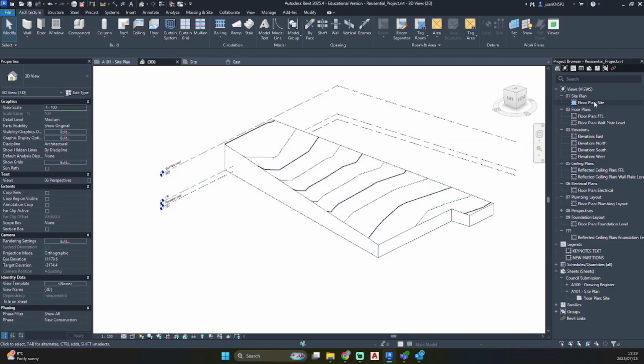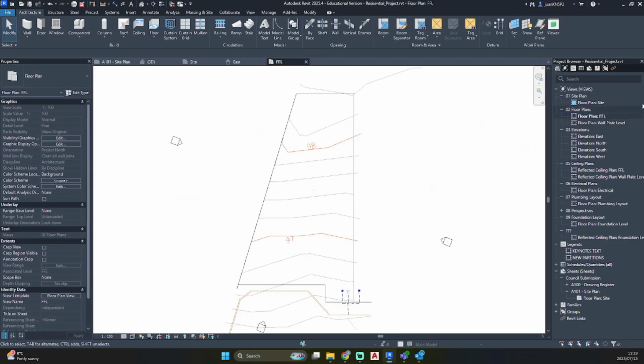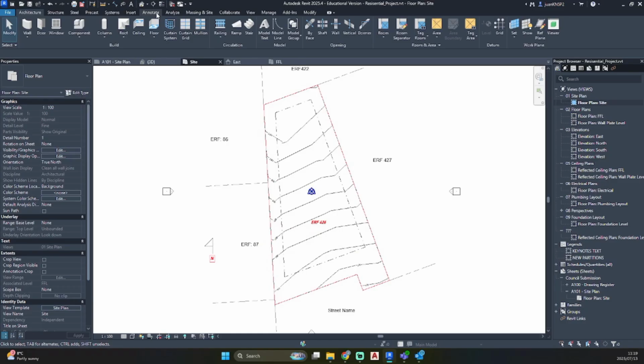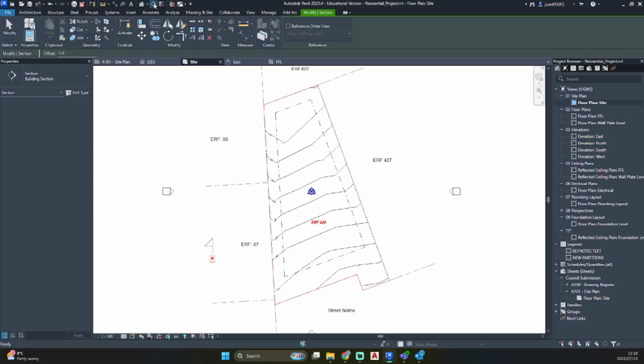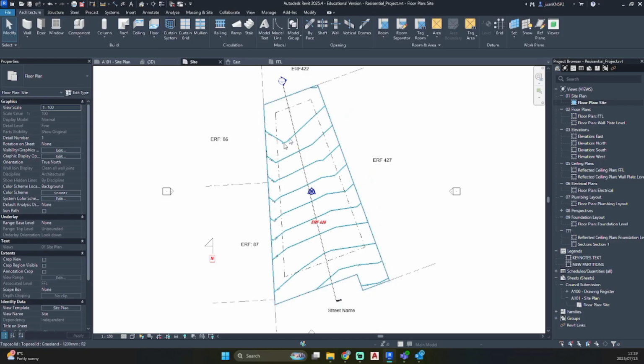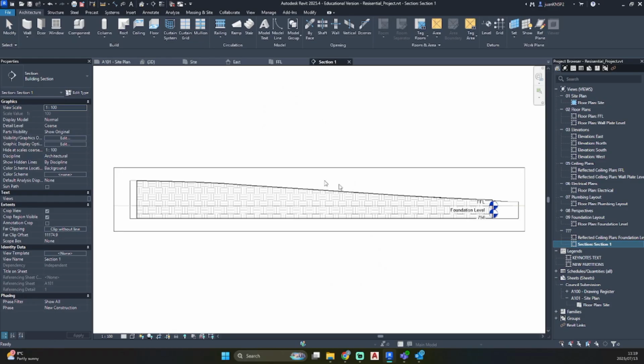So let's go down. I'm going to go to floor plan, site plan. I'm going to go on my top ribbon next to the default 3D view. I'm going to click on section, and I'm just going to drag the section through, just so if we go to our project browser on the right, you'll see under the question marks from the template setup that we've done, our section has not been allocated onto a view. So let's go ahead and double click on the section.